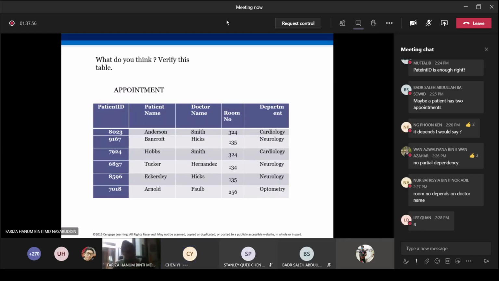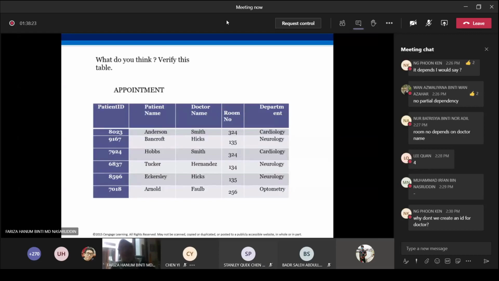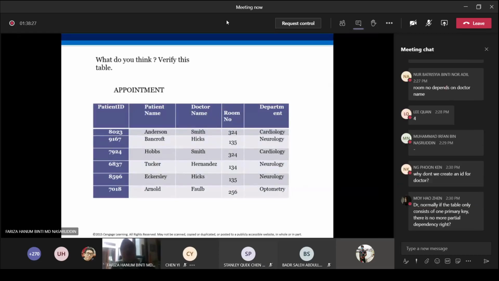Okay. This is where sometimes you need some common sense. You could say that, but does it make any sense to actually do that? You don't really look at it that way, do you? You give a room number and then you know what department it is. Yeah, if you're looking at this from just this table, you can say that 324 is in cardiology. You could, but